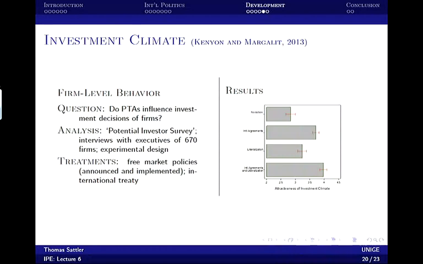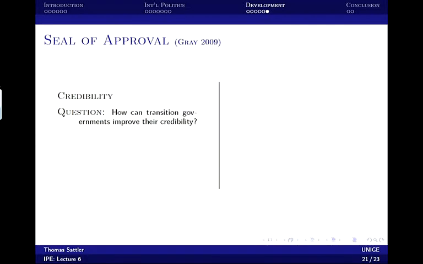So I'm going to show you one last study, and then we're going to put all this together, actually. I'm going to show you how you should read these kinds of texts. This is just a series of studies of the effect of preferential trade agreements. So I'm going to put this all together in a moment. So here's the last one. We just learned that preferential trade agreements increase the credibility of economic policy in a developing country.